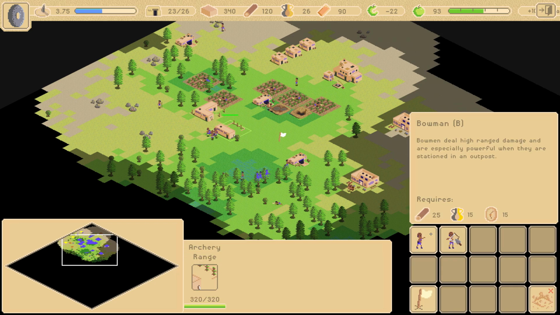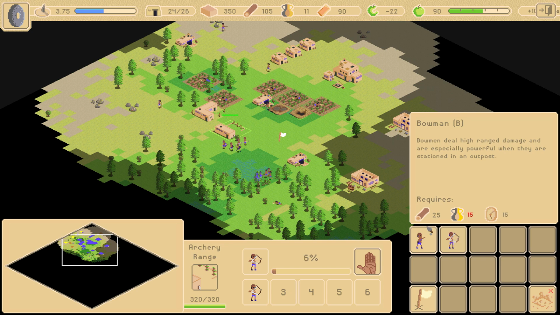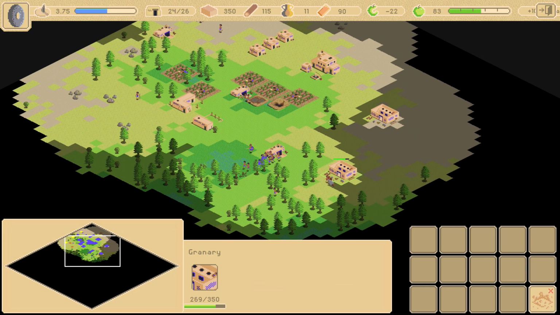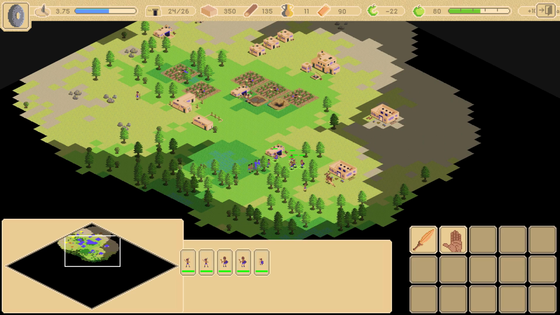Let's get over there and let's build some bowmen. Well, one of them, because that's really all we can afford right now, but it's okay. There only seems to be these 2 guys here. So let's just murder them and...